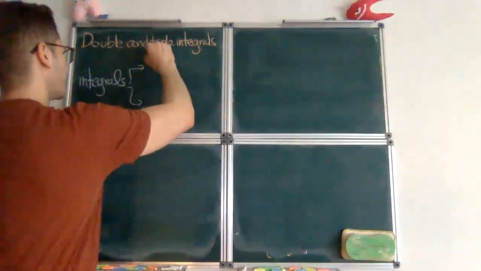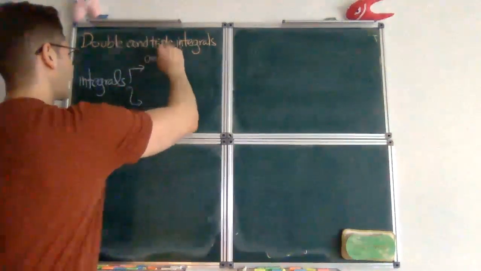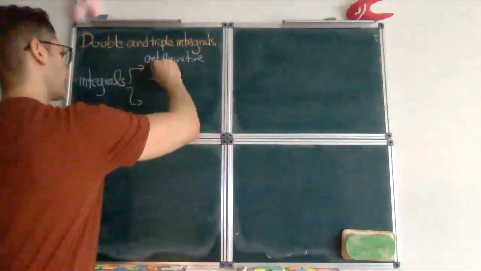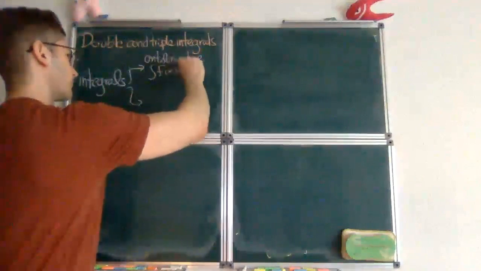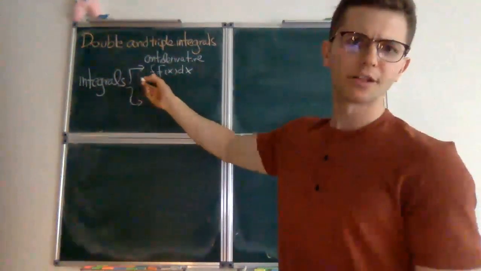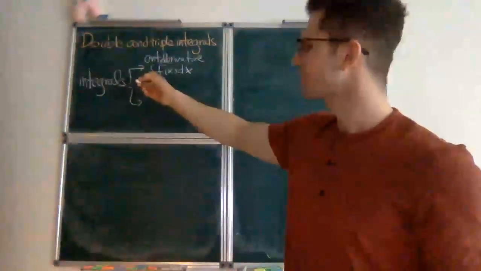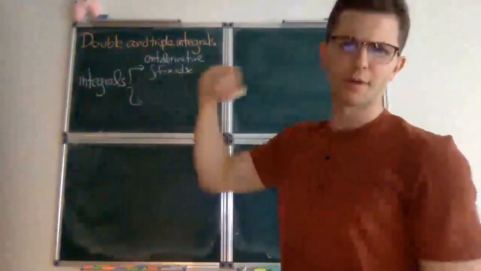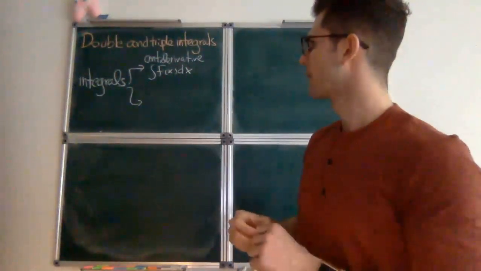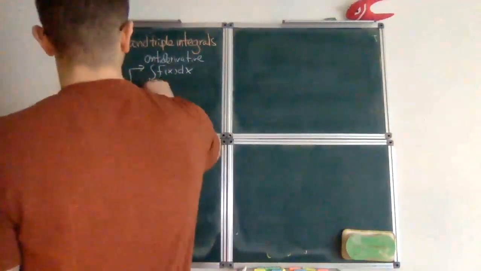First, you had the indefinite integral, or sometimes called the antiderivative, right? Which was an expression of this form, where you had a function and you would integrate it without specifying any bounds here, and this was supposed to give you a function whose derivative was the function that you have inside, right? On the other hand, we had this definite integral,